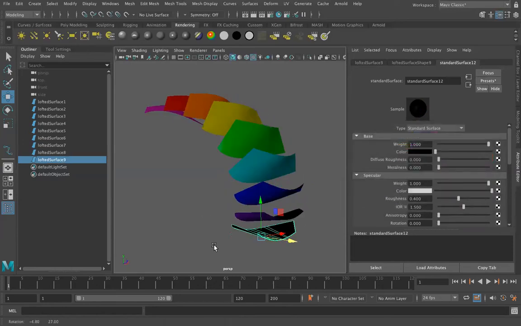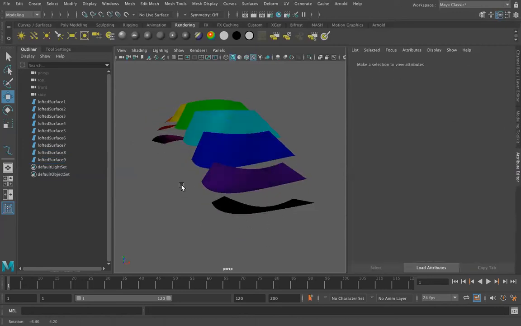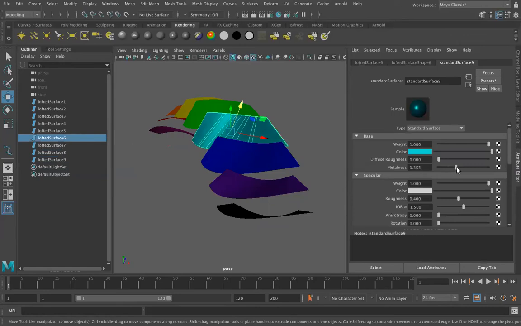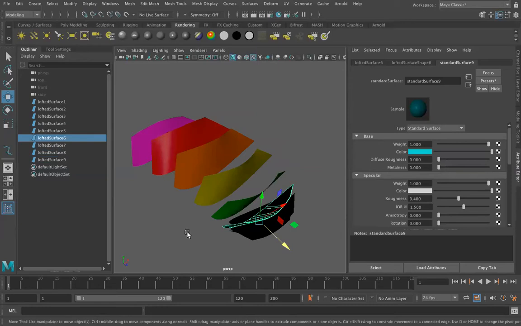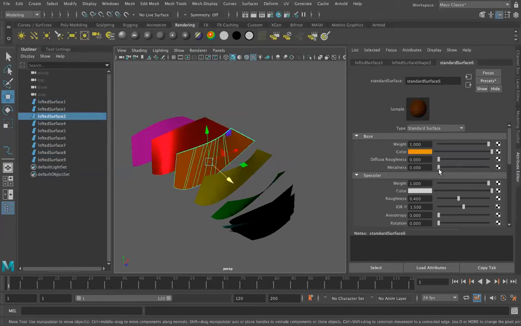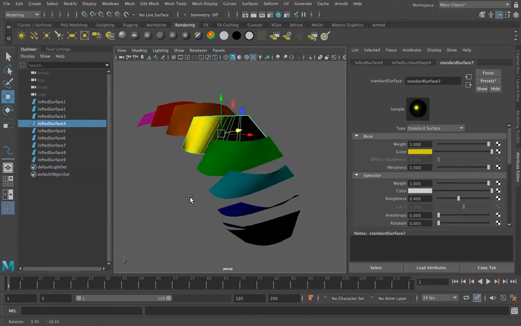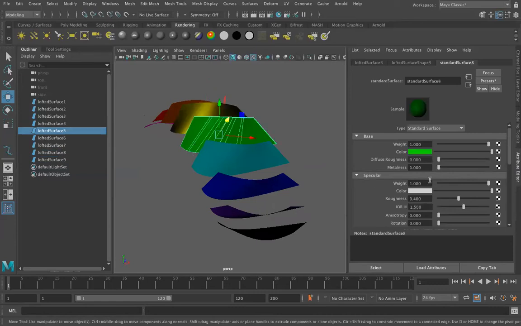Okay, and now I can also adjust things like, let's make some of these more metal. Maybe I'll adjust this to have a metalness to it. Maybe I'll increase the metallic quality over some of these so we can really see some of these properties work. So we'll leave that without any metalness, and we'll start to increase the metalness till yellow is completely metallic. And then we'll start to maybe